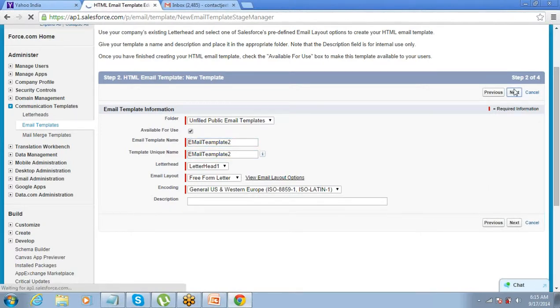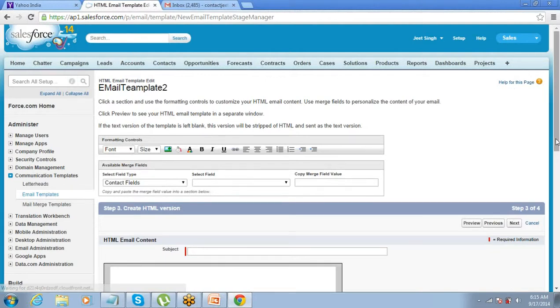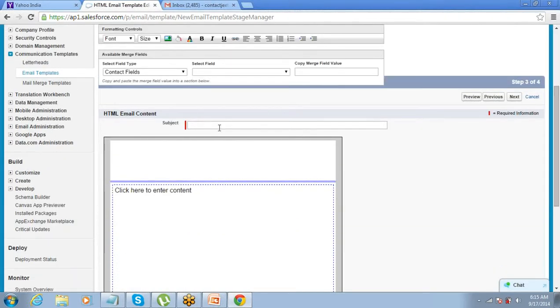So this is where you have that formatting option. This is the email template where you put the subject and the body, but while writing the body you have all the formatting options available, right? So in case you want to design an email template with images, pictures and all that stuff, then go with this option.